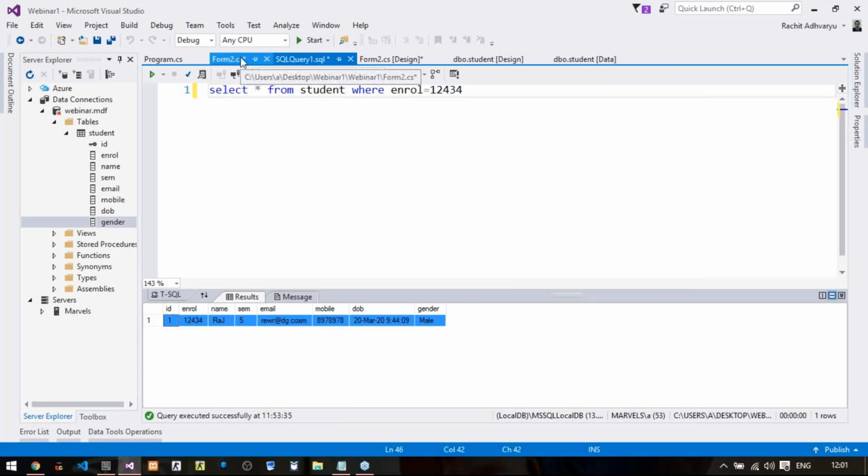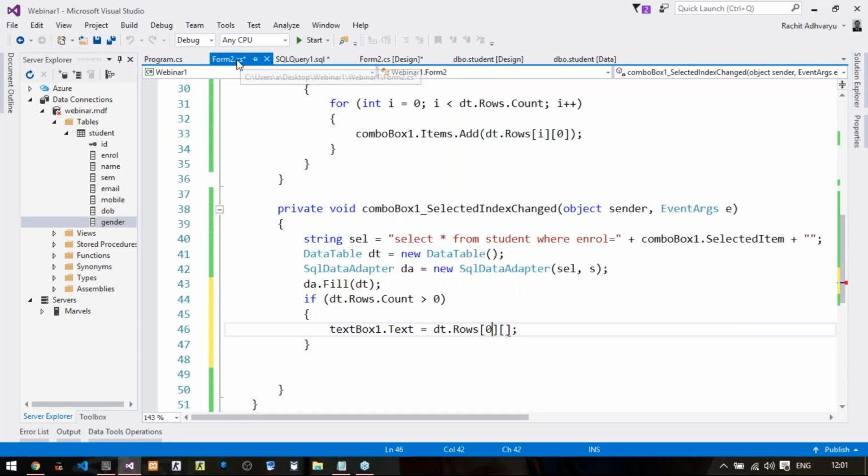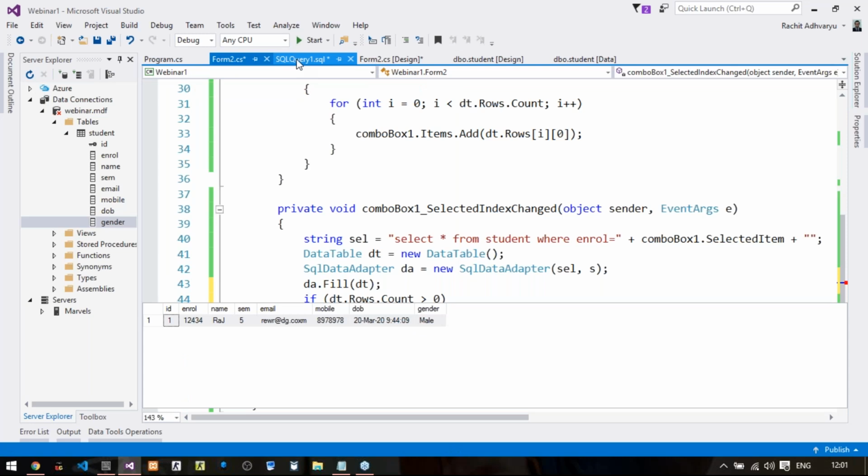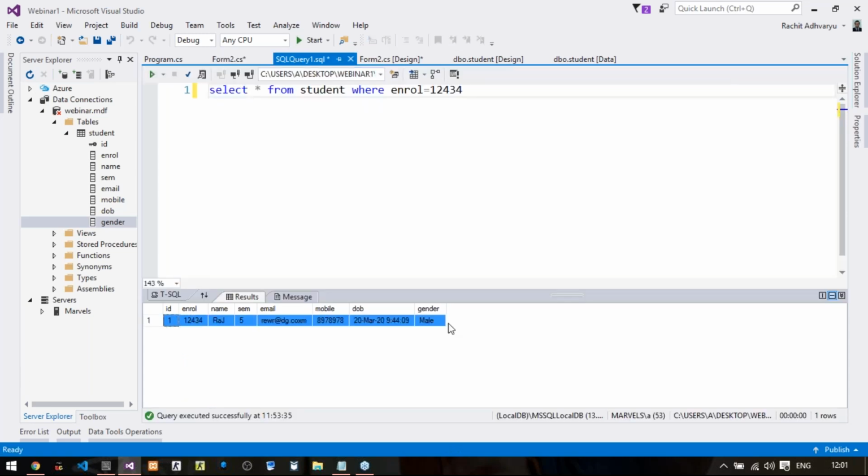But what about the column index? If you see here, my enrollment number is here, but this query has fetched all the records, including the ID that we have not entered anytime, that was generated automatically. So the index of ID is 0, the index of enroll will be 1. So here we are going to write 1.